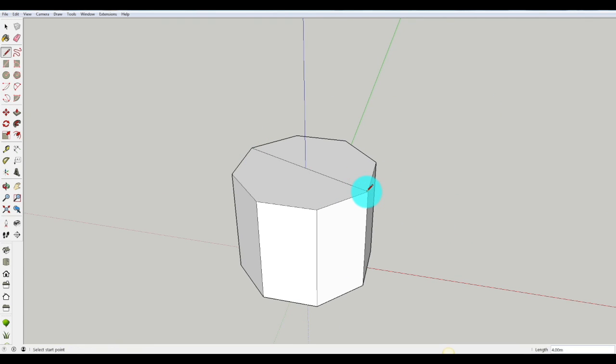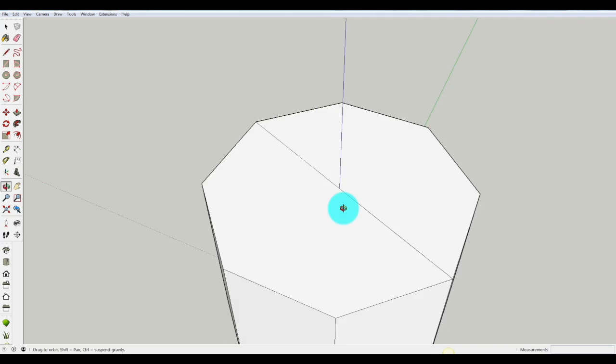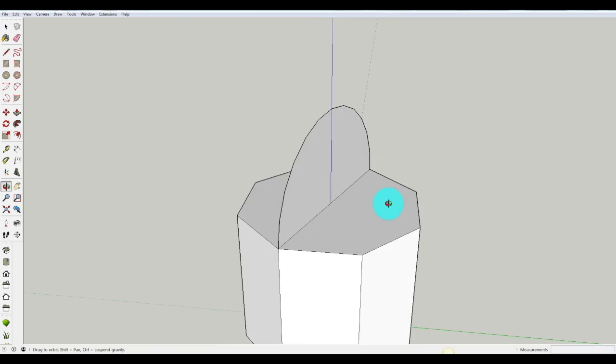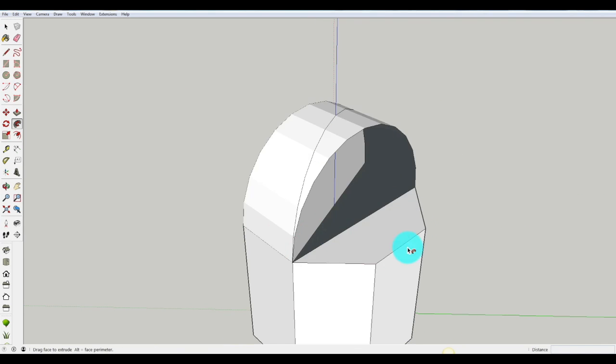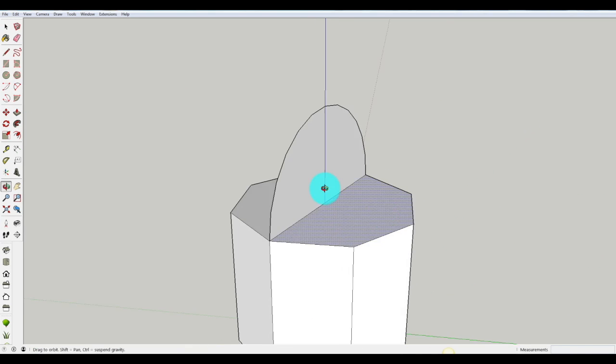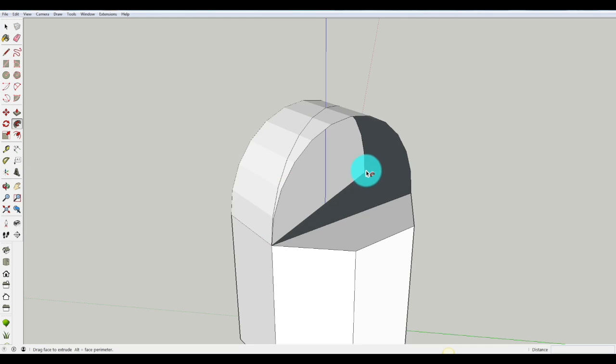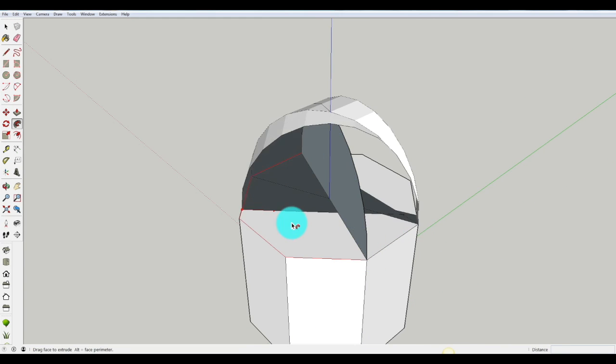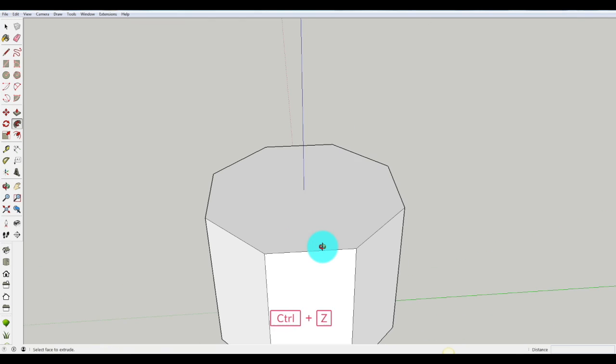Now, I'm going to create a dome on top, and I kept this in here for a reason. If you create your dome at a diagonal angle across the polygon, it will be kind of difficult using your follow me tool to create it so that it's actually a perfect dome. So I went through several times trying it, and then I thought to myself, well, maybe if I just put it down the midpoint of one of the sides, that might work better. So now I'm going to do that instead,